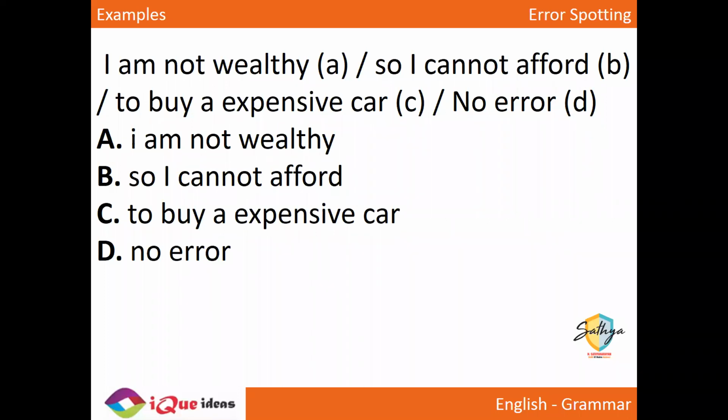Okay, majority getting it right. Very good, very good. So again, we have done this articles, right? And we know the rule: a when it is the sound of a consonant, and an if it is the sound of a vowel. Expensive starts with the sound e, which is definitely a vowel. So a nahi hoga. It has to be an expensive car. So I'm not wealthy, so I cannot afford to buy an expensive car, right? Expensive ka vowel is an, not a.